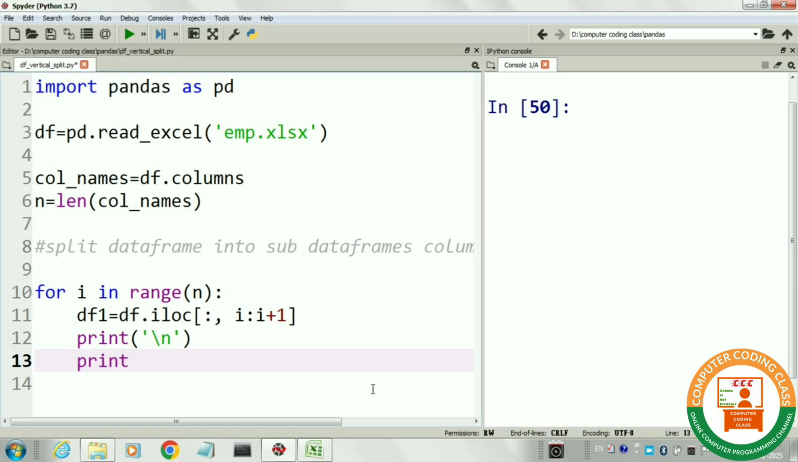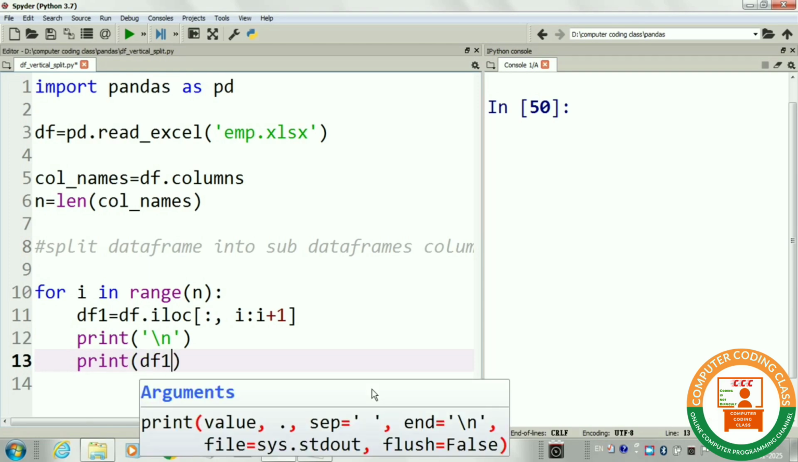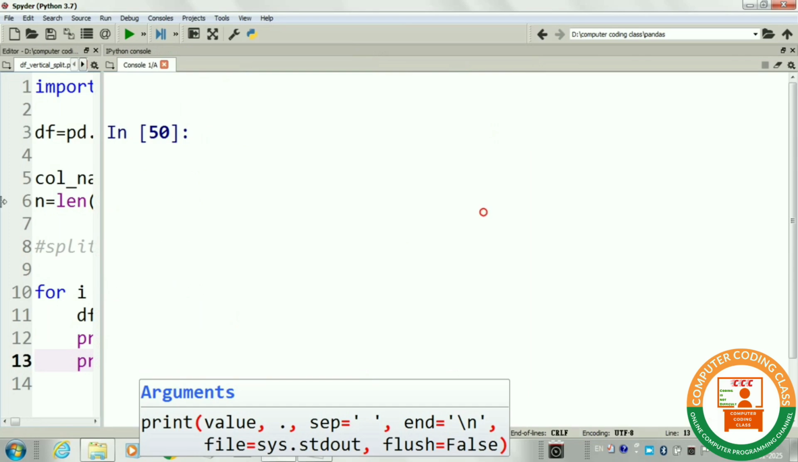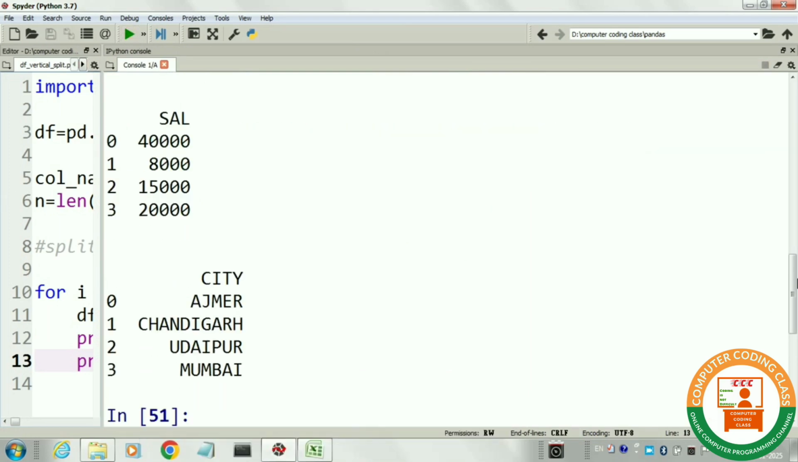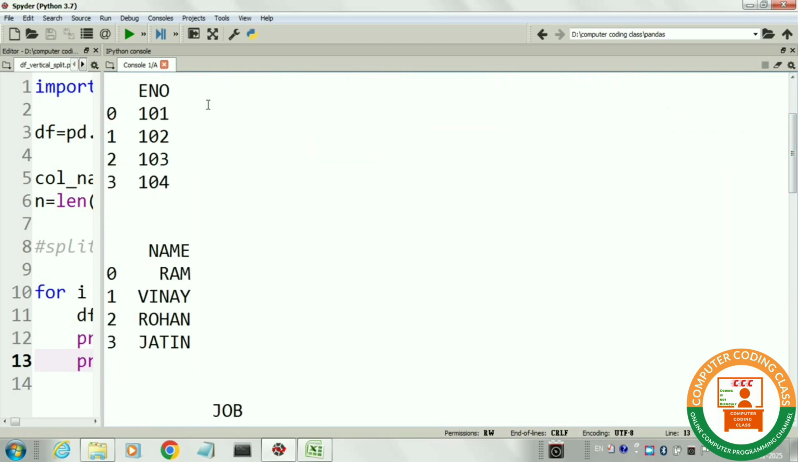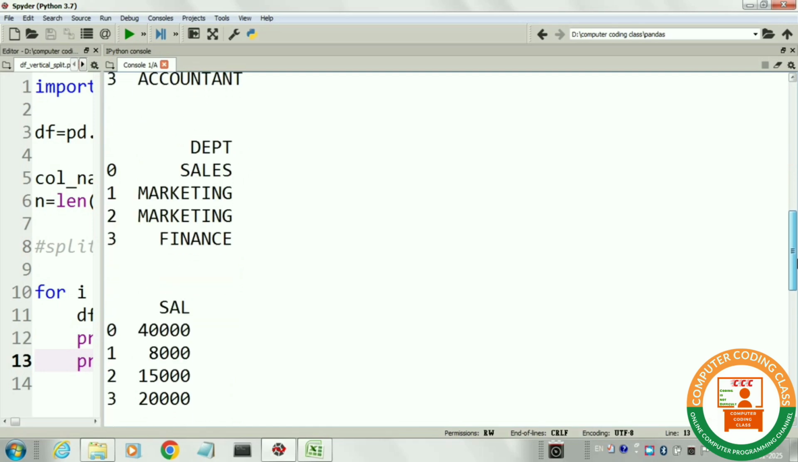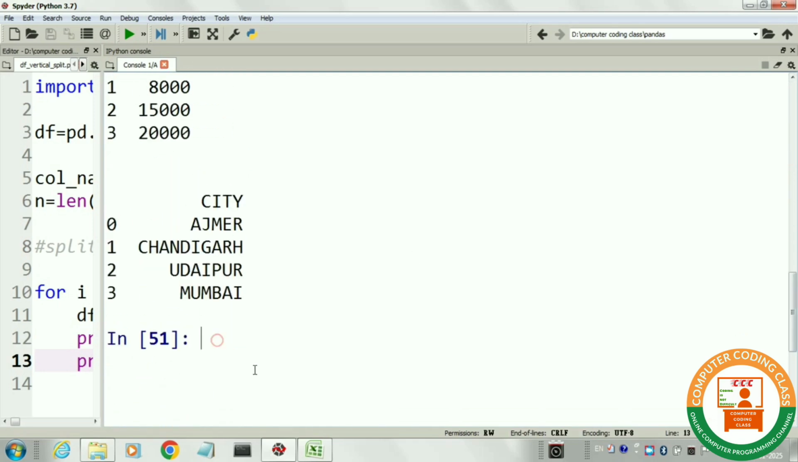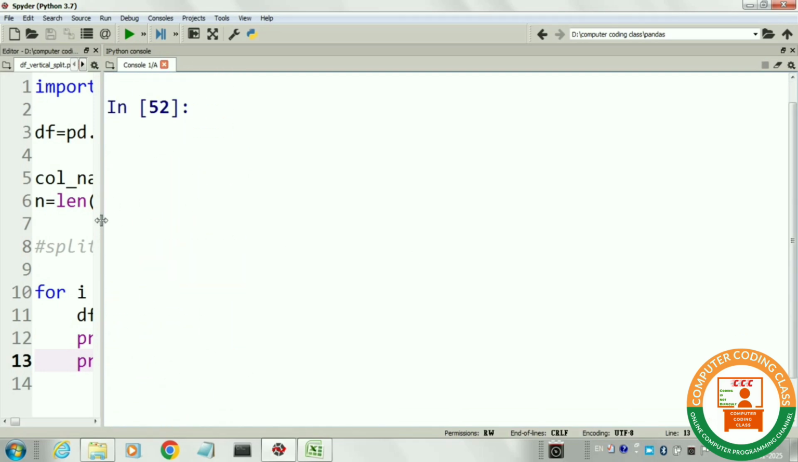Next, print a new line and then print our new data frames df1 in the for loop one by one. Next, we will run the program and you can see all the data frames column wise. These are different separated columns. Here each column is a data frame. Next, we will break down our data frame